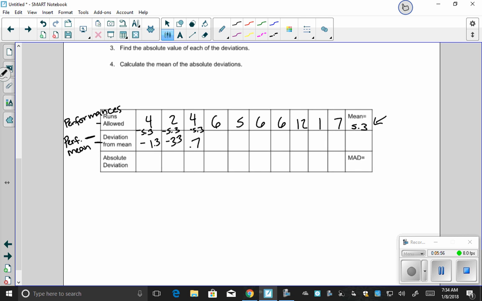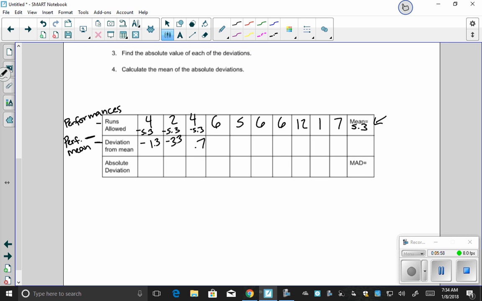And then let's skip this part right here. This 0.7 should have been here. So 6 minus 5.3. Now will be a time to pause the video so you can finish your